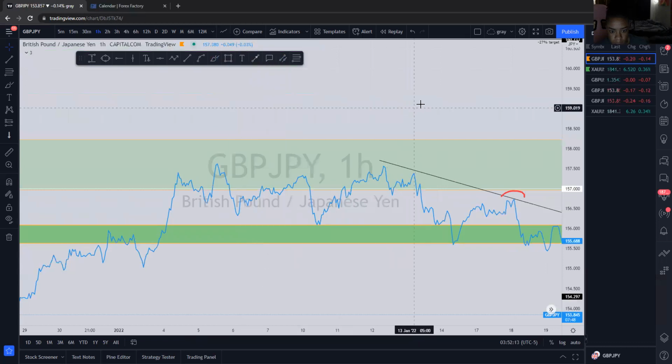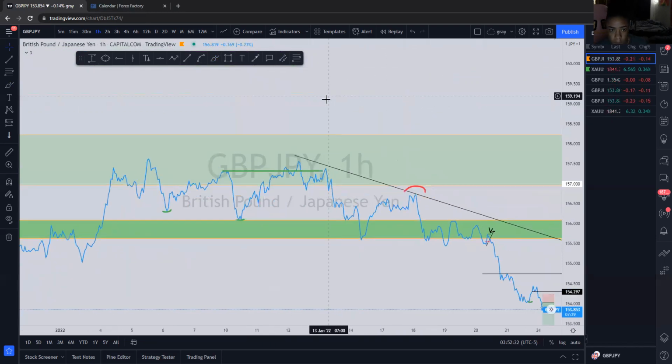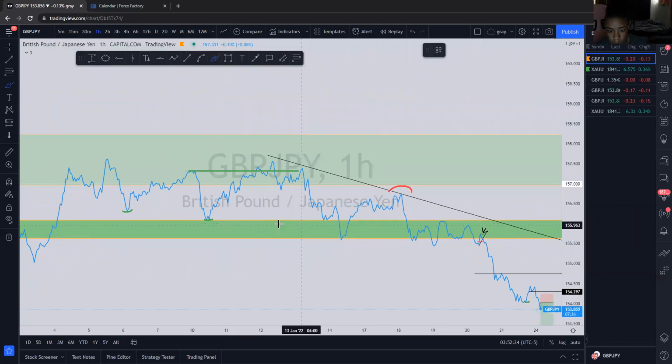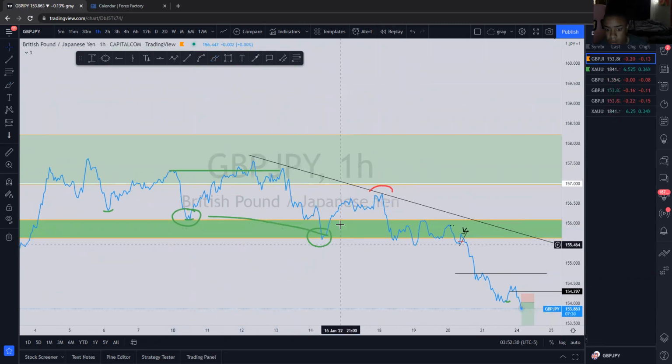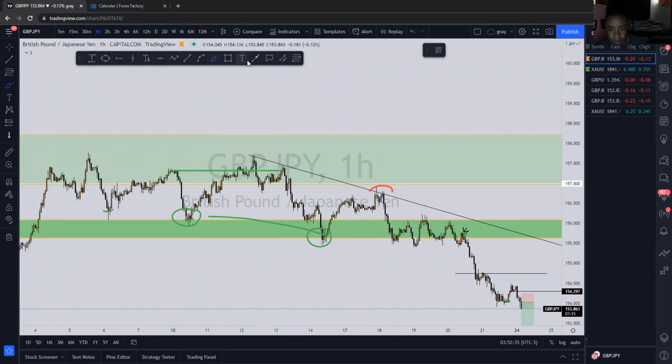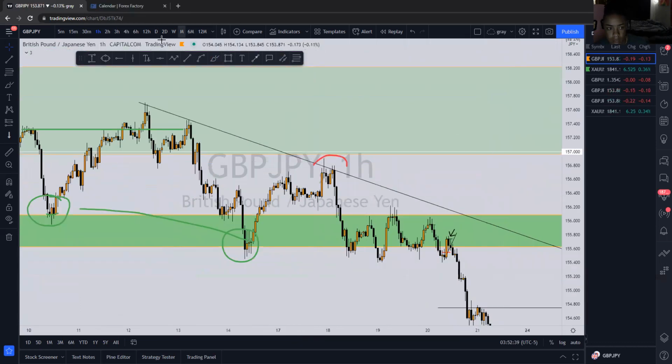Even if I were to just put it like this, you can see the fact that this was a low, but then this created a lower low. This was a high, this was tested. The next legit lower low is when this is broken, and that does not happen until here. So then this is the next lower low. And then, which one is your legit lower high? I mean, they're all technically lower highs, but they're not legit